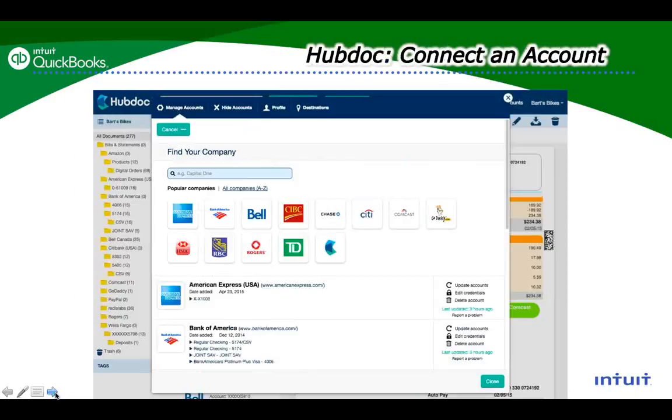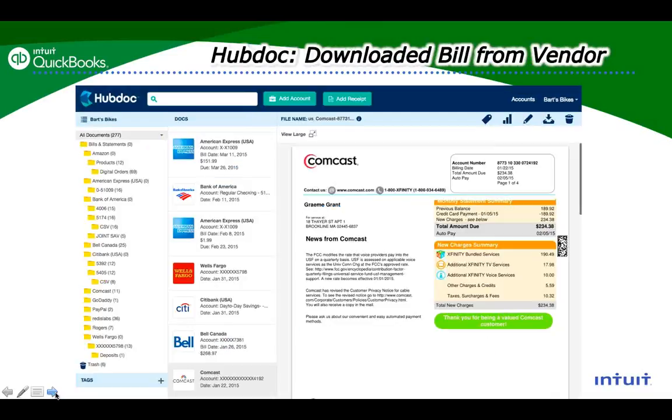So this is what the account connection screen looks like, and this is how I connect. It's very similar to the QuickBooks online bank accounts. You select the bank, put in a username and a password, and the information just starts coming in. This is an example of a vendor that's been connected with Hubdoc. I did not upload the Comcast document up there. I did not take a picture of it with my app. I did not send an email. I simply used my Comcast account